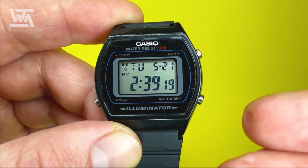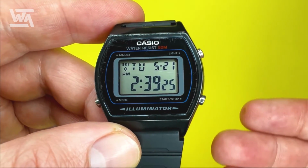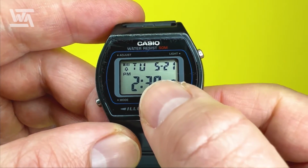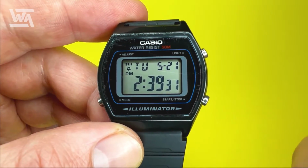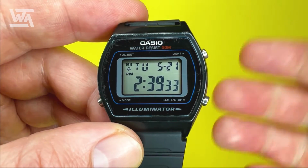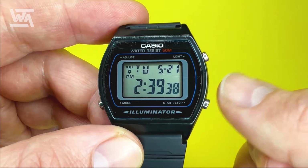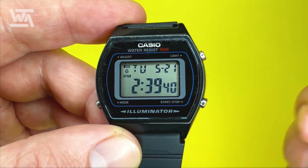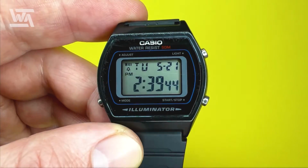Now that means that the backlight flashing mode has been switched off. When I say backlight flashing, as I've explained a little bit earlier, when you've got that icon on, the backlight will flash when the alarm's sounding, or when the countdown timer has ended, when it'll start to beep to say that the time that you've set the countdown timer has ended. And also it will flash on the hour every hour if you've got what is known as the hourly signal